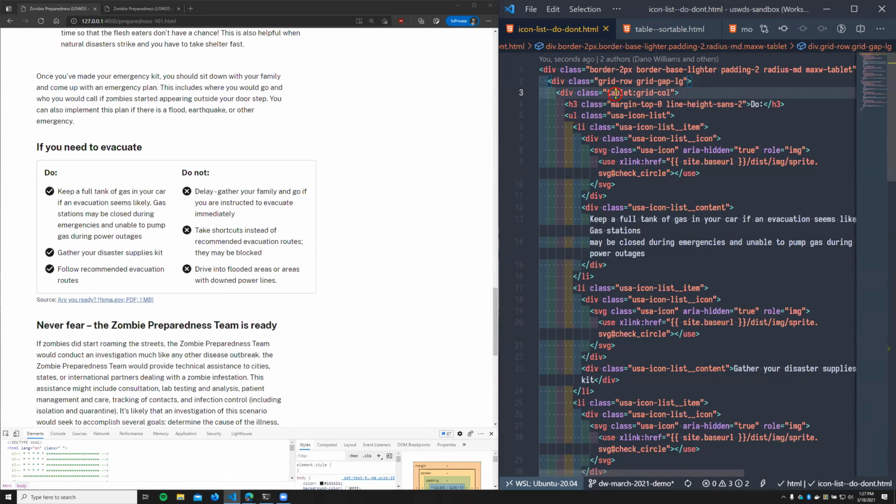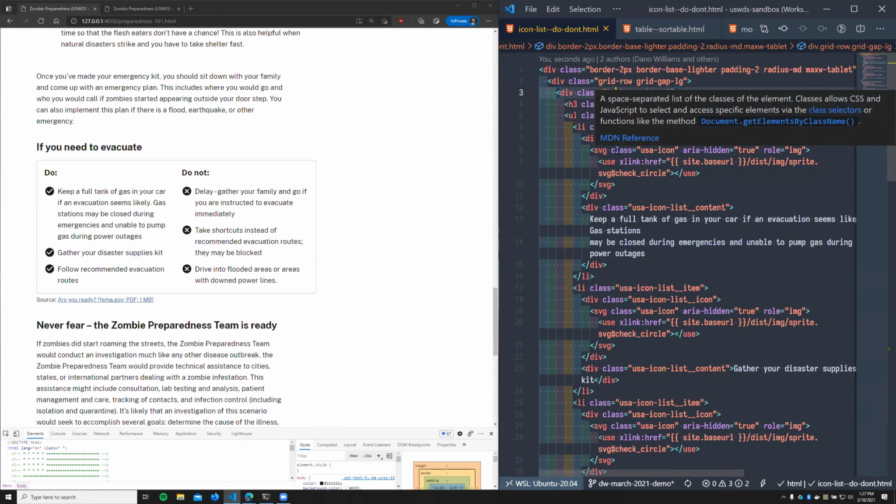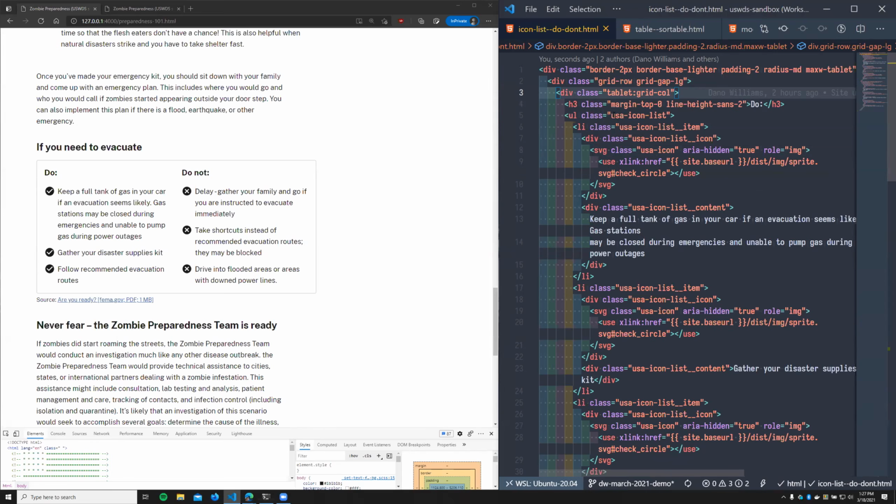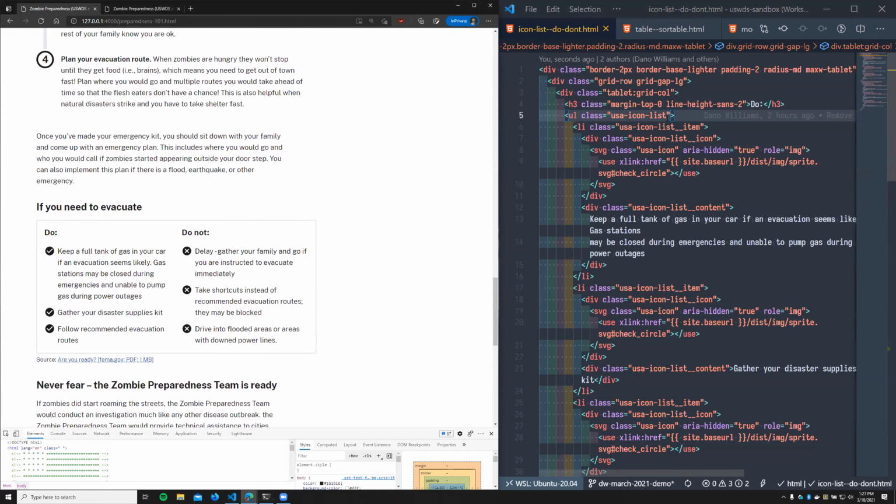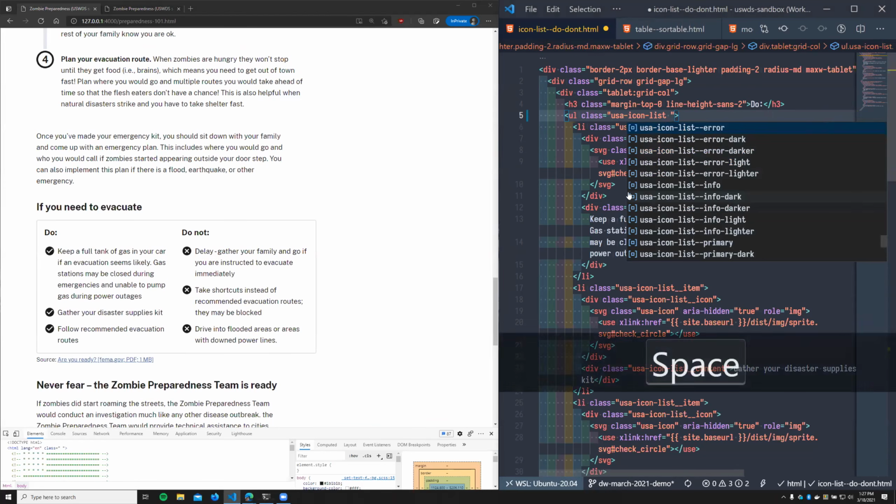And this one is set up in the icon list to use the default color. We haven't given it a custom color. It will take the color of the text that is your default body text to begin with. But we can call out a custom color for all the icons in an icon list on the USA icon list element by adding usa-icon-list